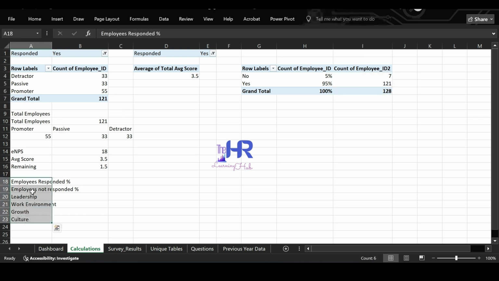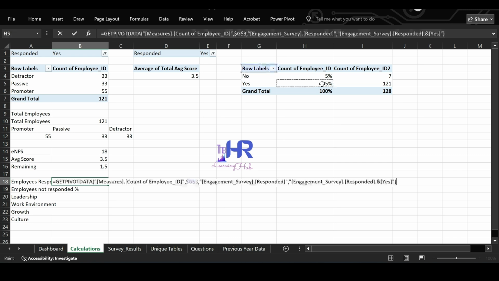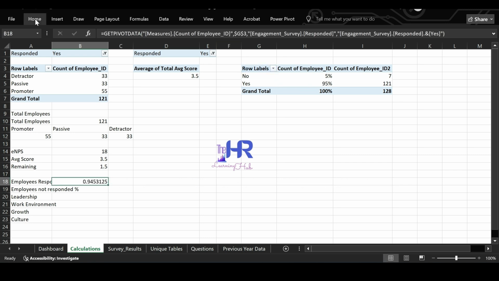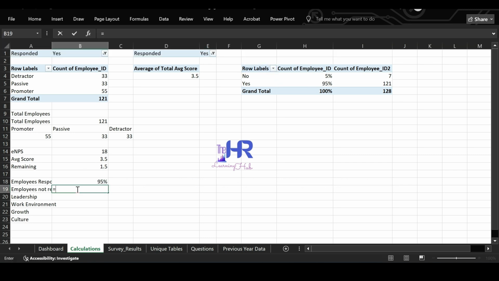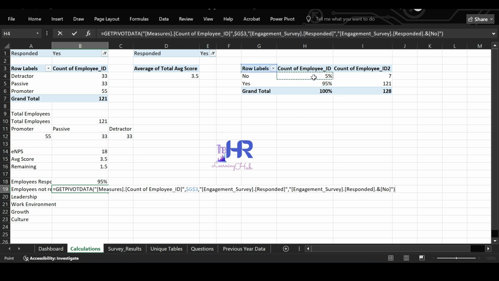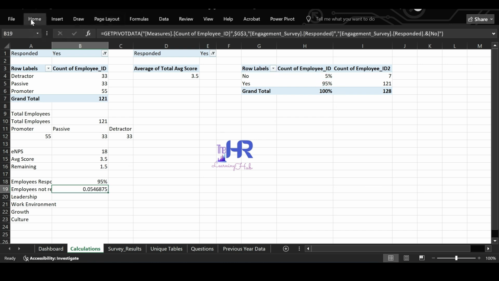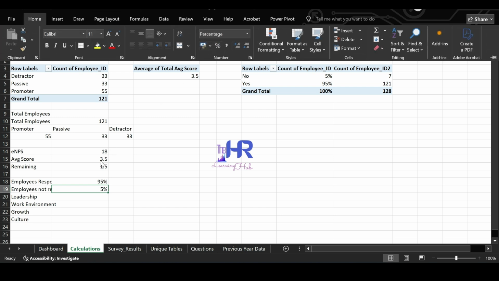I have already kept placeholders over here, so let's copy paste the values. Employee responded percentage equal to and select the percentage from the pivot table. Employee not responded percentage, select the value of no, convert this into percentage.